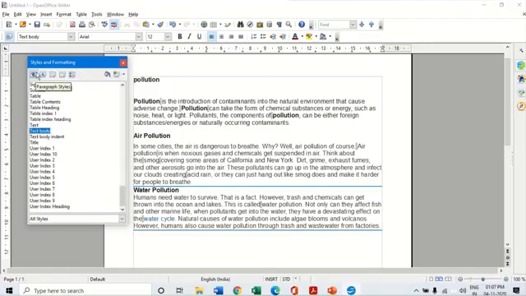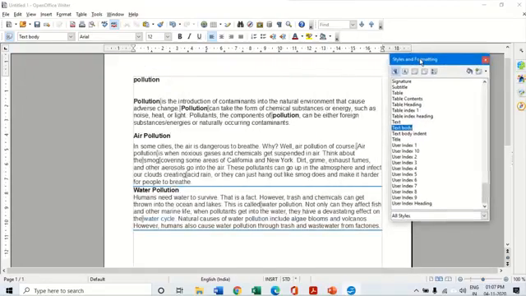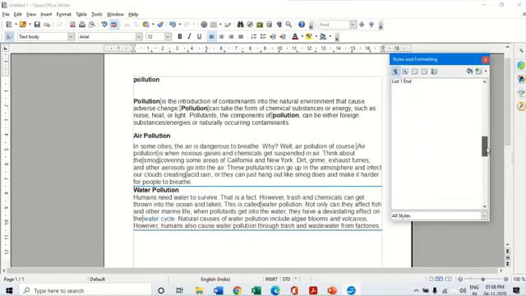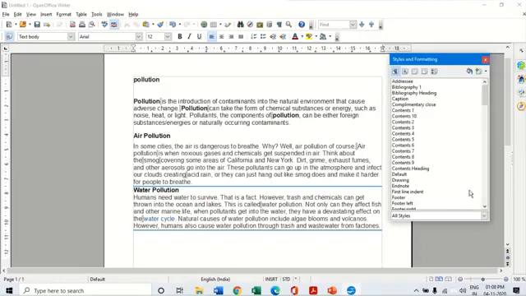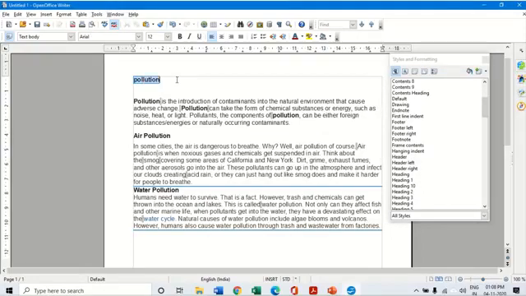Now here, if I click on the paragraph style, I can give a certain type of paragraph. If you see, this is all in alphabetical order and I want to have a particular style. Let us take this, my main heading. I want to click on this and I click here, Heading.